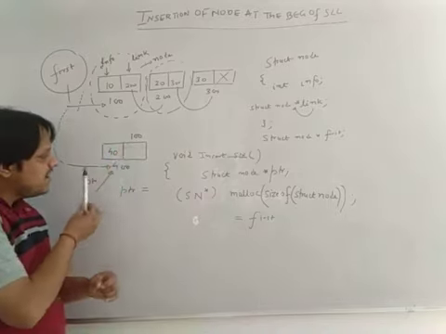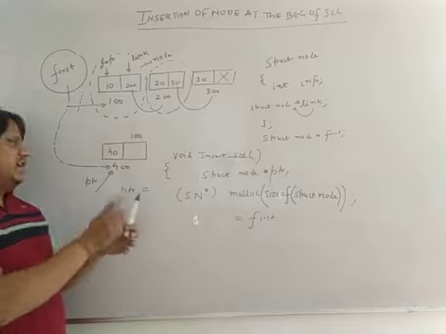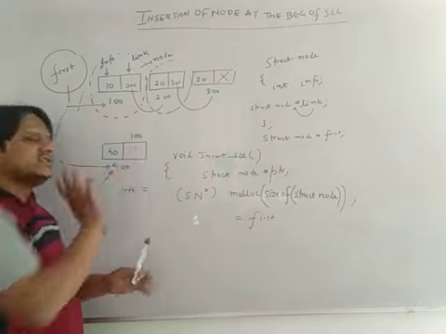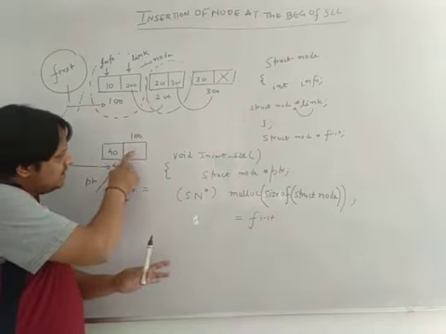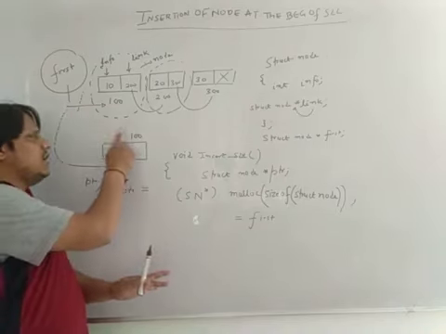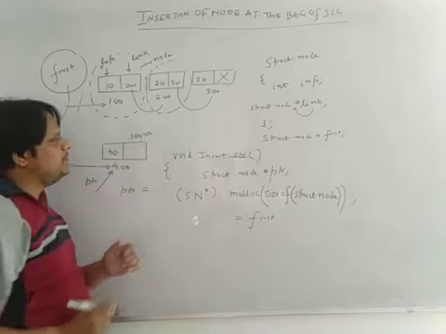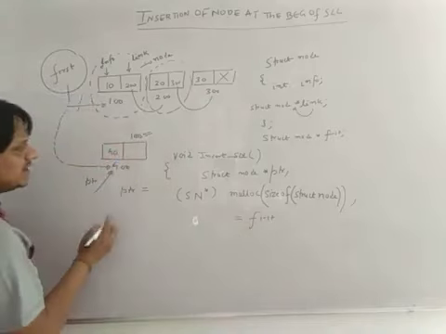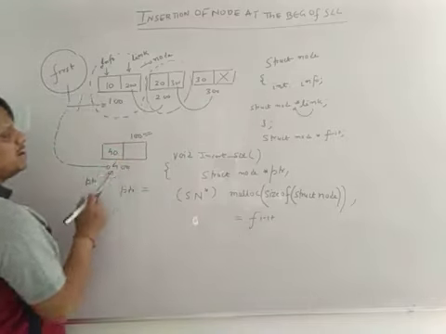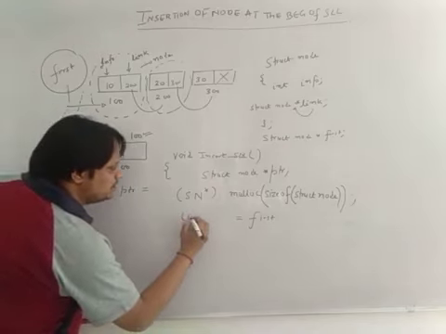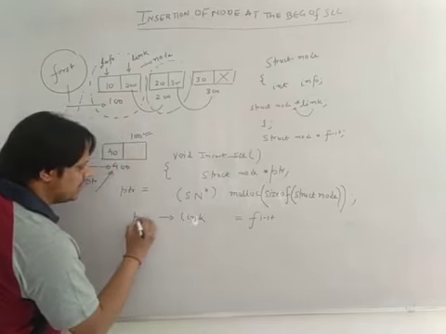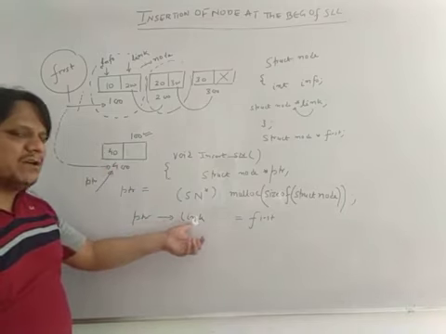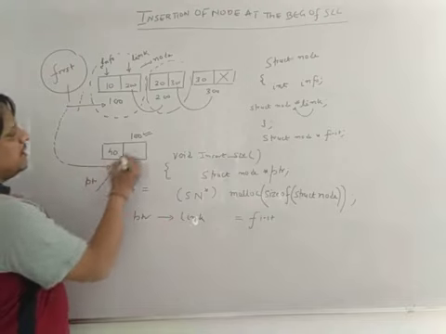Now what is this block? See, if I ask you what is info of ptr, you will say that info of ptr is 40, because this is info, this is link. And what is link of this ptr? Right now this is empty. So at this empty place you want to insert 100, and 100 is your first. So I am writing first is equal to, where to insert? You have to insert it here. This is the link part of ptr. So I am writing ptr arrow link, because only a pointer variable can access the member of a structure by using the arrow operator. So this part gets the value 100.